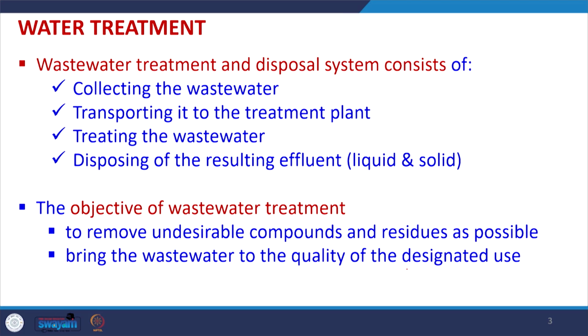So, overall the objective of wastewater treatment is to remove the undesirable compounds and residues which are present in the water as much as possible, and bring the wastewater to the quality of designated use, and that designated use may be for irrigation, may be for industrial reuse or any other designated use if possible. But ultimately we have to bring the water to the designated use or to a prescribed level which is determined